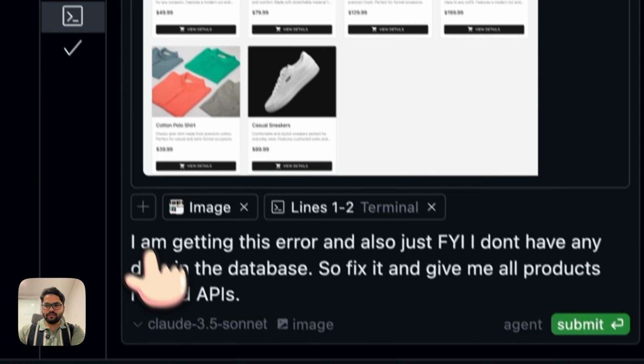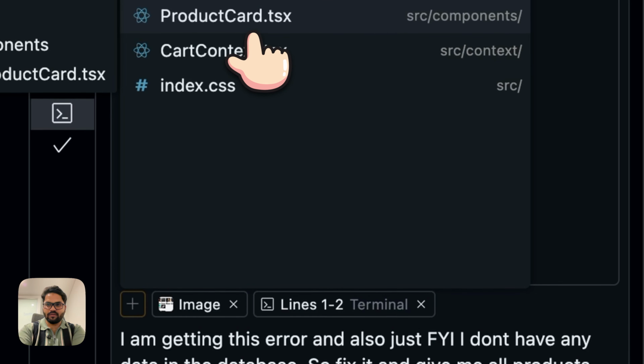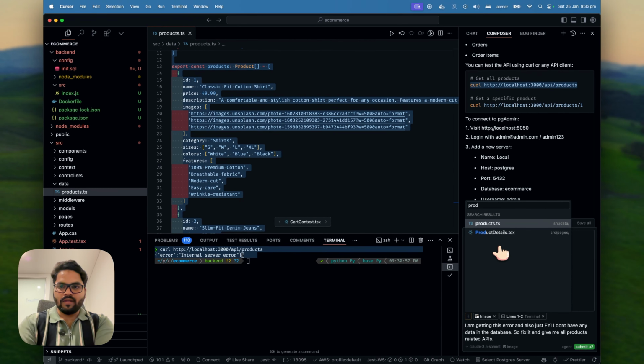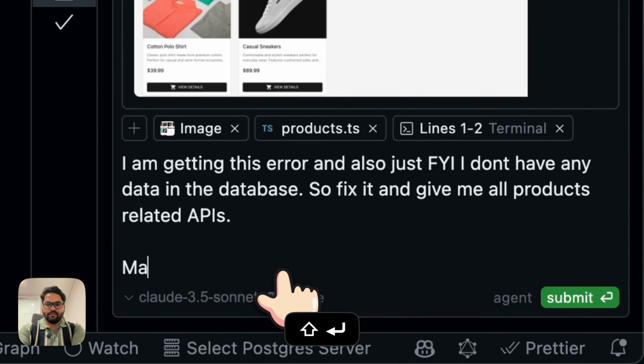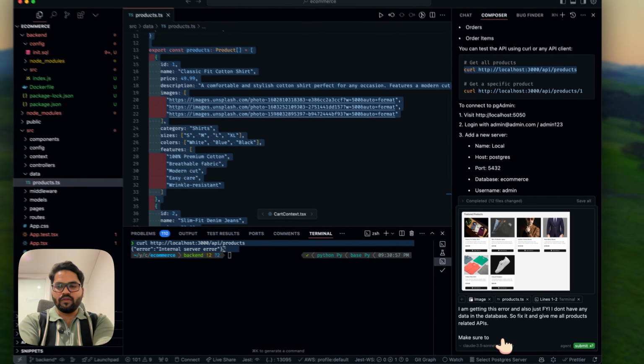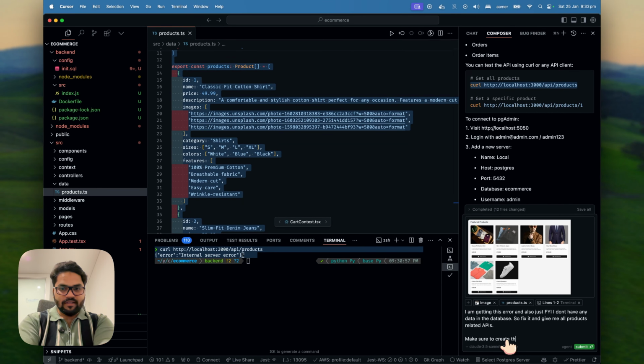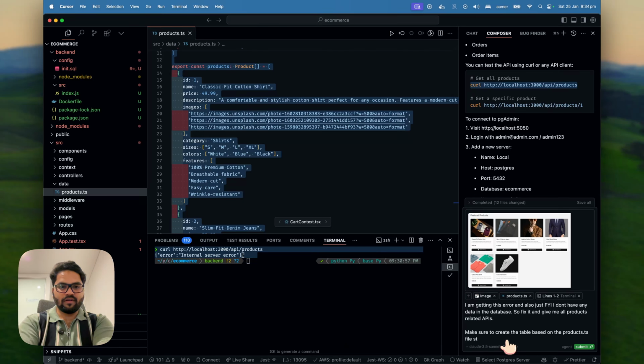So let me select these products, so it's not coming up, products.ts. So that is added over here. Make sure to create the tables based on the products.ts file. Okay,